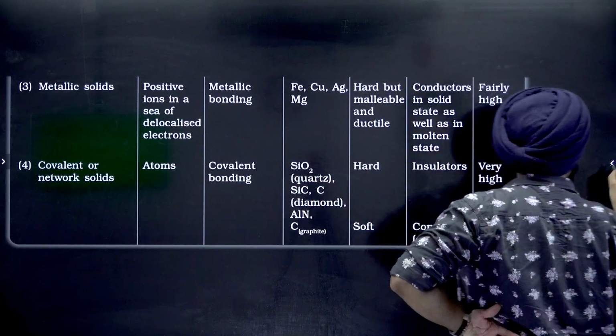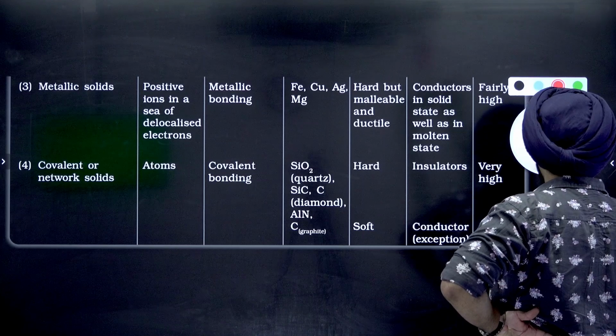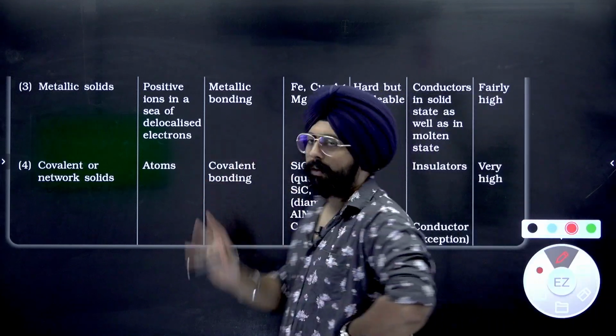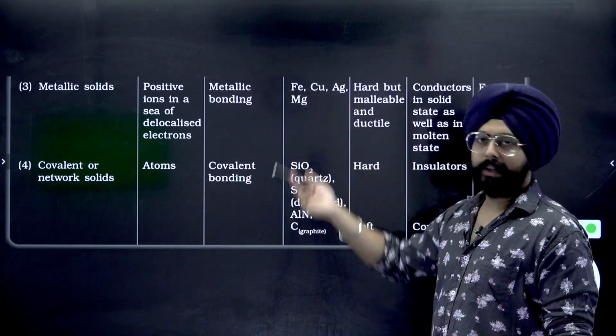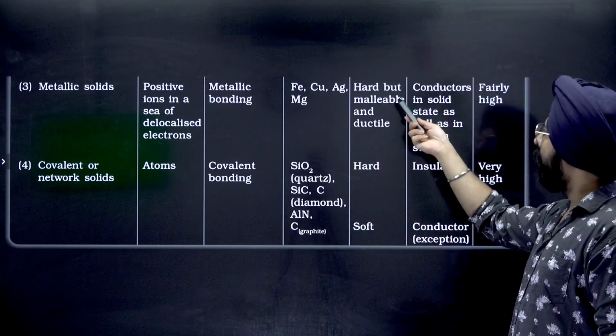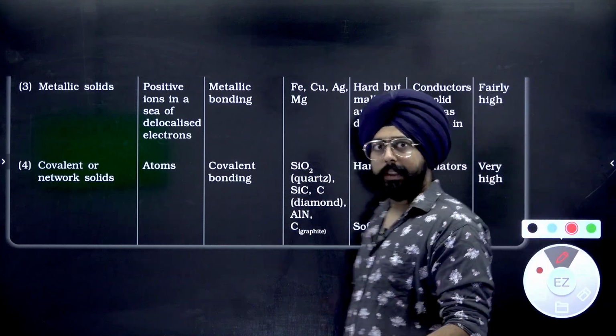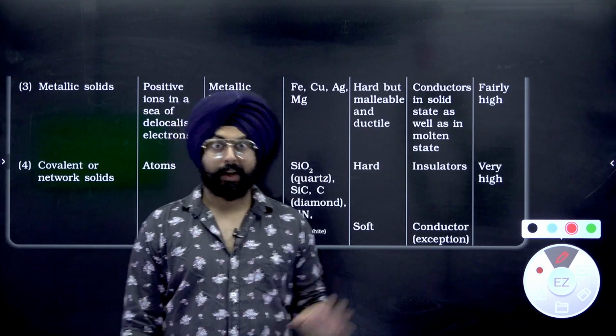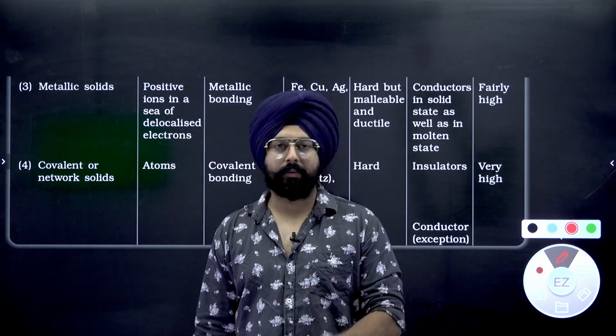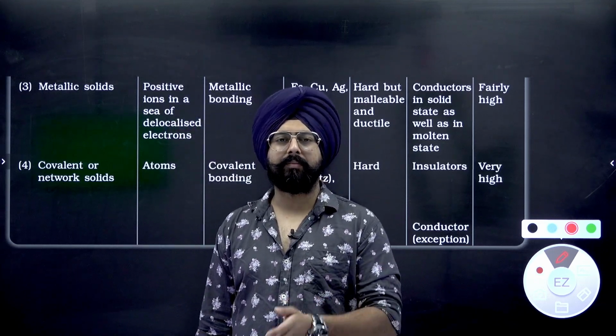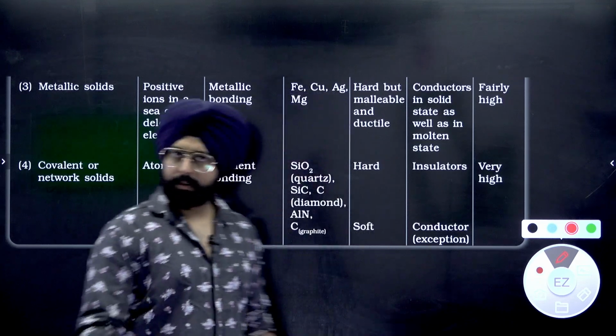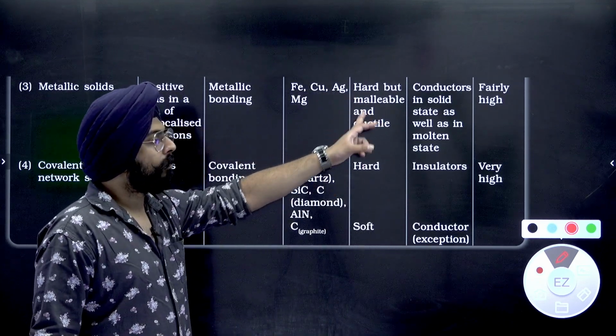That is why I said I'll make a separate video on metallic bonds. No one's going to ask you too much about metallic bonds in your syllabus. Different metals are given as examples, obviously. They are hard but malleable and ductile. Yeah, they are hard overall, generally. Sodium is softer. Gallium, mercury, they can melt very easily. But they are malleable and ductile.